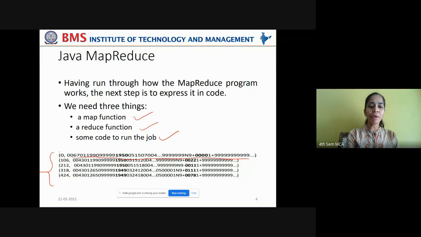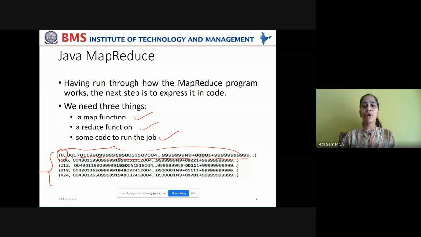So the key value pair that you pass to the map function is this. The first part indicates the offset where this line starts in the main data set, the offset in the file you're going to analyze, from which you're going to fetch the data that is relevant for your analysis to answer the question at hand: what is the maximum temperature recorded every year across weather stations over 100 years?